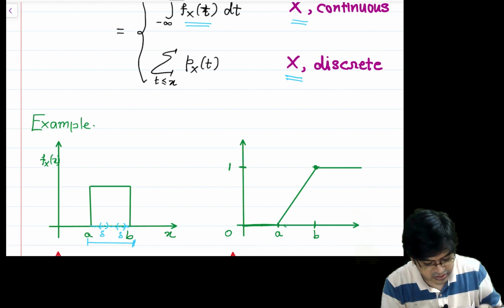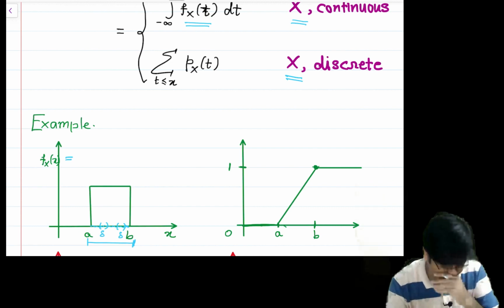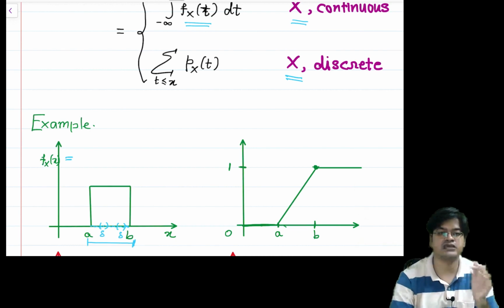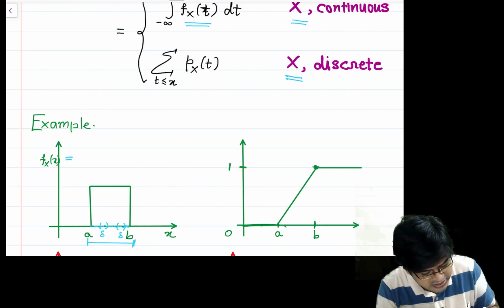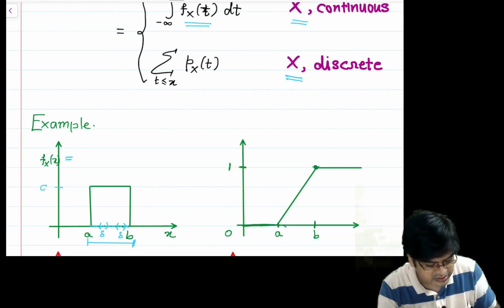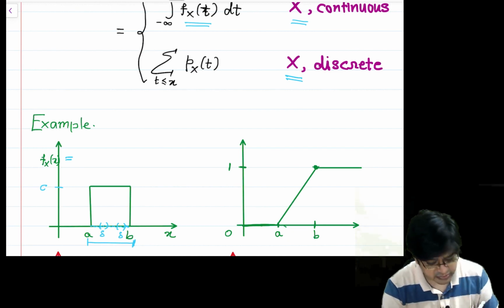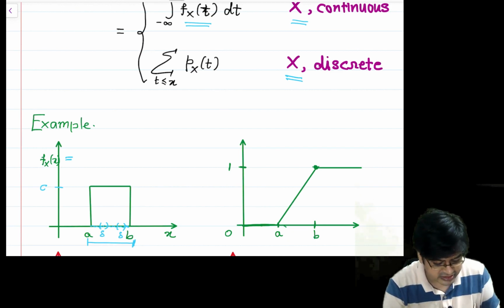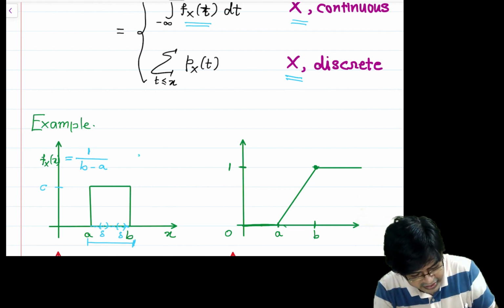Okay, so now one thing, what is this f_X(x)? You can use the condition that the integral from minus infinity to infinity of f_X(x) dx should be equal to 1, and this particular thing is a constant. Let us say this constant is c. The question is, what is this c? You can easily understand that if this integral is 1, then this c should be 1 upon b minus a for a less than or equal to x less than or equal to b.